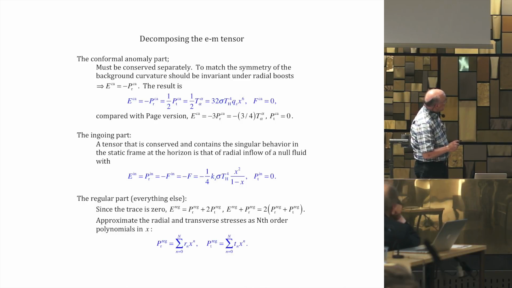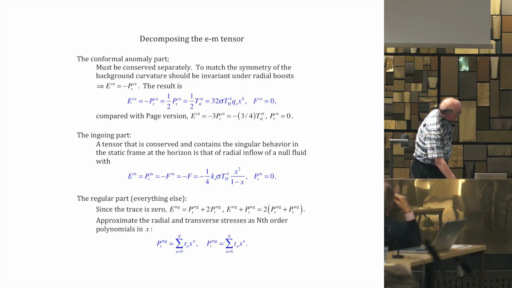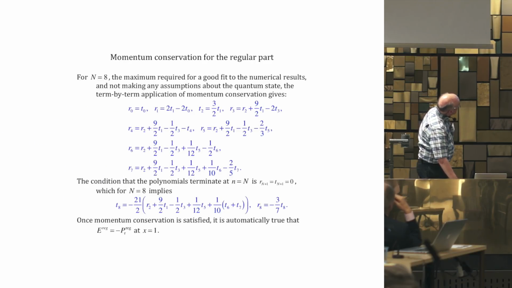Now everything else I call the regular part, and because the conformal anomaly contains the trace, this has zero trace, and because this is regular everywhere, we can hope to represent it as a polynomial in x, find the coefficients, and use that to derive an analytic expression. Okay, so now,